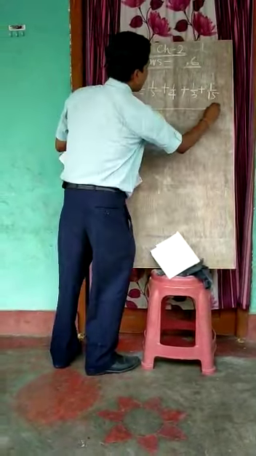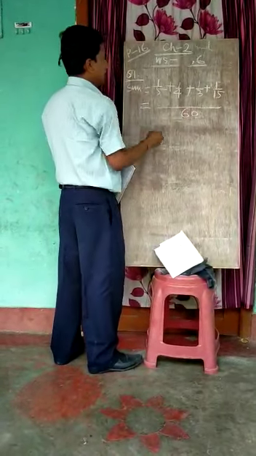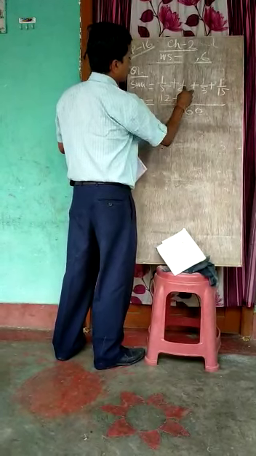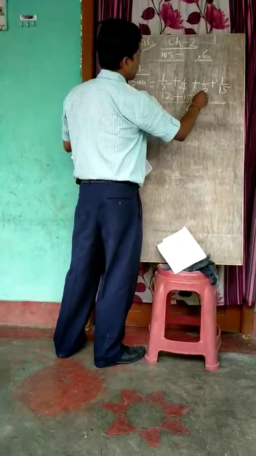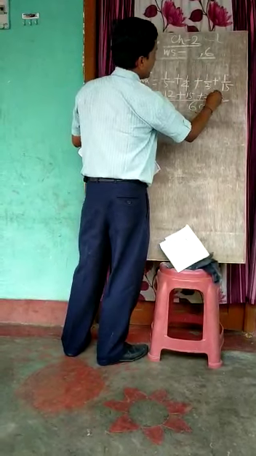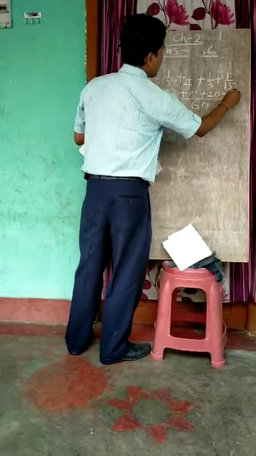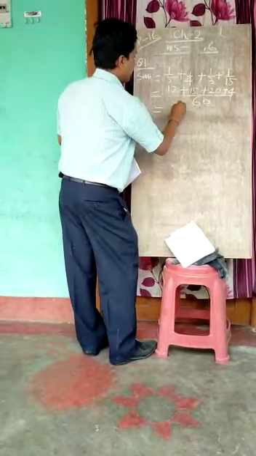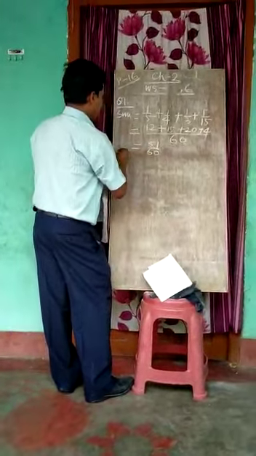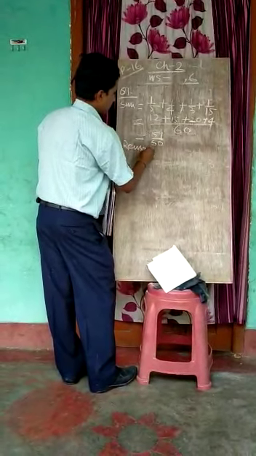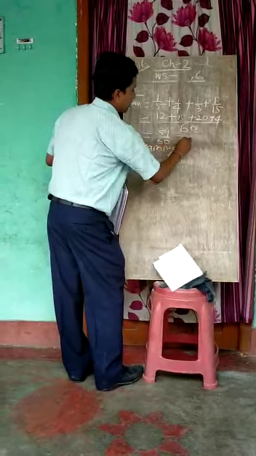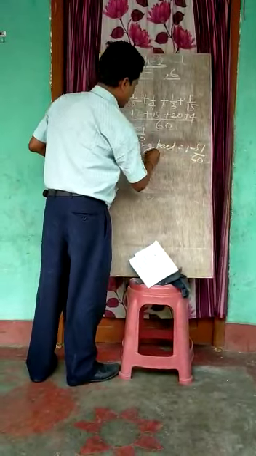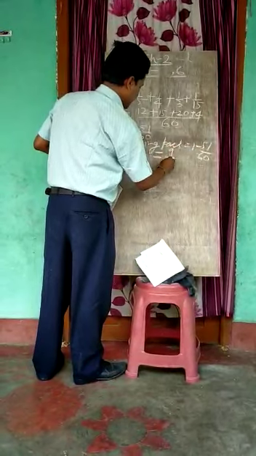What is the LCM? The LCM will be 60. Now solve it. 12 plus 4 is 16, plus 15 is... 4 plus 3 is 20, plus 15... Now add: 27, 20 is 47, plus 4 is 51/60. The remaining part equals 1 minus 51/60. You solve it easily and you get 9/60.